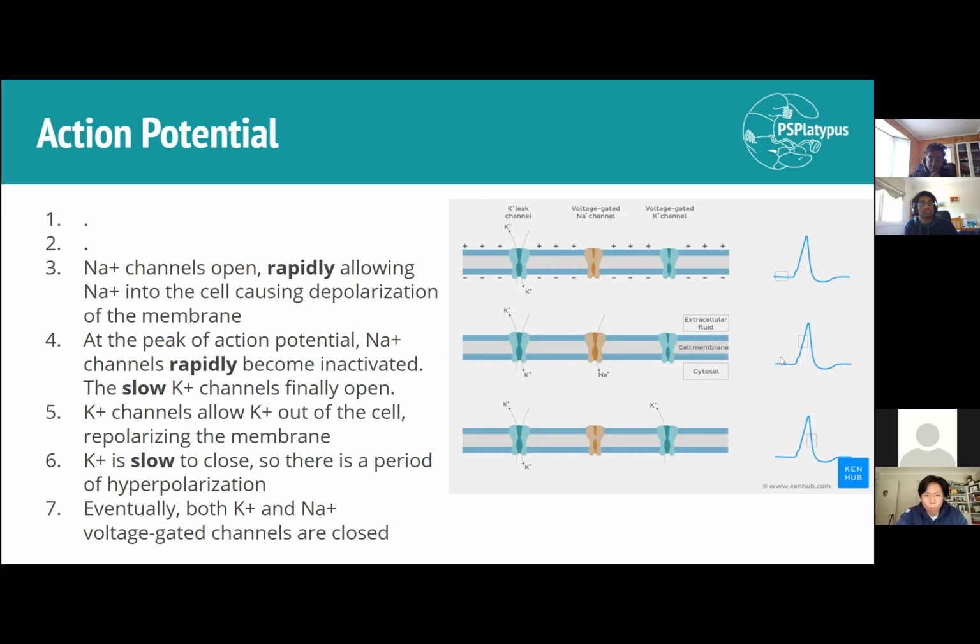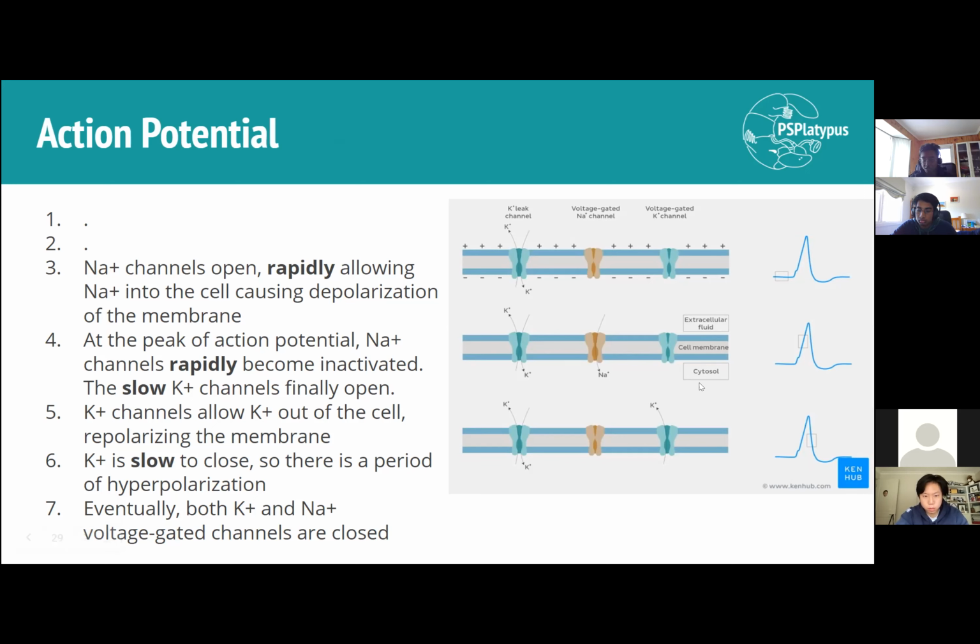And near the peak of this curve, the peak of the action potential, the sodium channels, as rapidly as they opened, also rapidly become inactivated. Now, the potassium channels we talked about earlier were slow to open and close, right? So at the beginning of the action potential, the potassium channels begin to start opening. However, they only finally open at the peak of the action potential. So the slow potassium channels finally open, and we know potassium